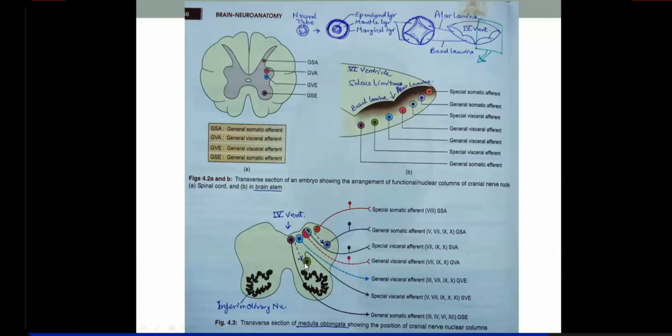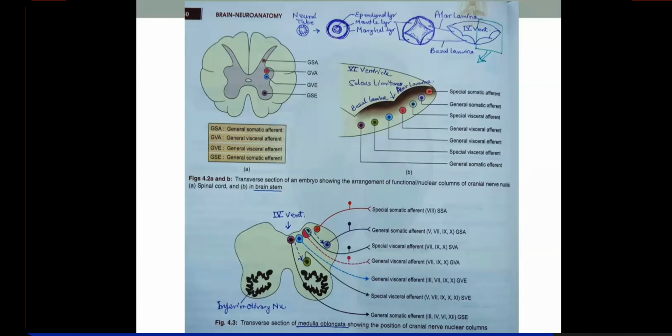Now, this functional column is general somatic afferent. General somatic afferent, you have been taught very clearly, means soma is the body wall, like the head and neck region, especially the head region, because the neck region is covered by the cervical nerves. So, focusing on the cranial nerves: the entire face, touch, temperature, pressure, vibration, two-point discrimination, tactile localization, all sorts of sensations, meaning exteroceptive and proprioceptive from the body wall. Those sensations are called general somatic afferent, right?